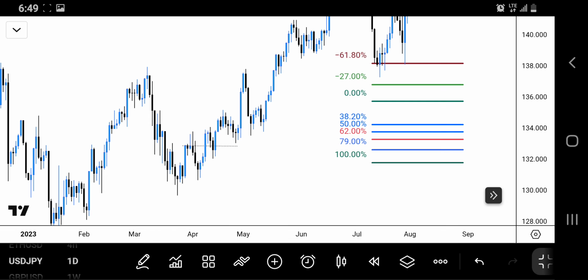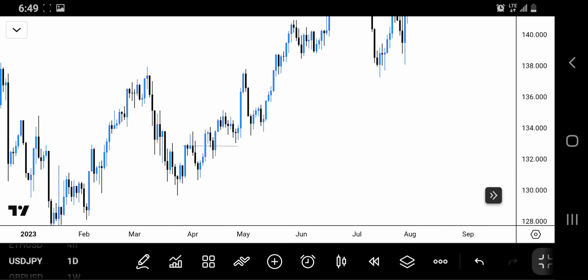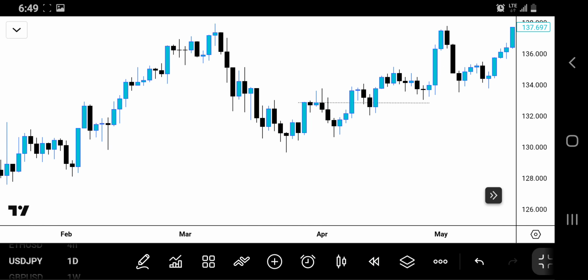Now what we'll do is we'll take our Fibonacci. Let me bring the Fibonacci too. Let me zoom this thing out very